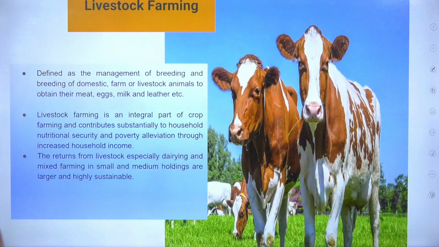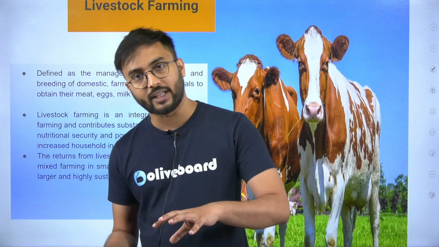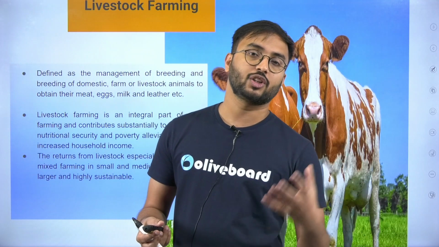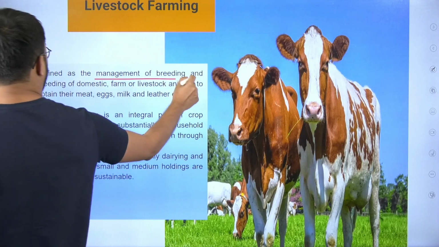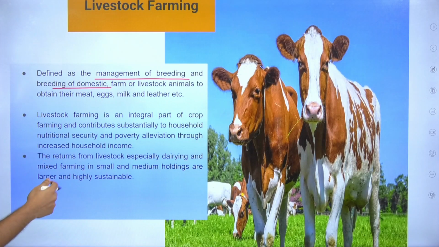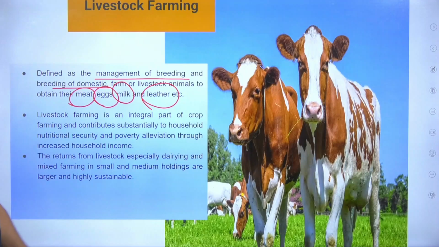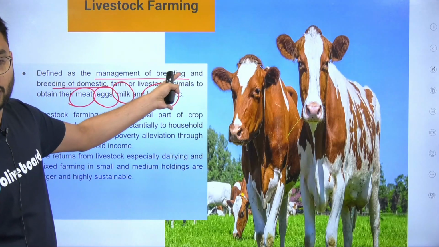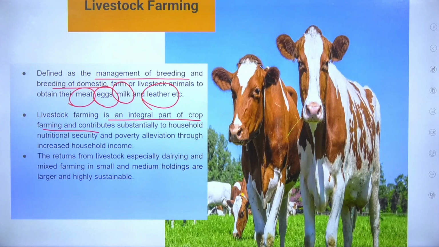Then comes livestock farming. When you are doing agricultural cultivation, and along with it you are also doing animal husbandry, domesticating animals, such type of agricultural activity which involves domestication of animals is called livestock farming. It is defined as management of breeding of domestic farm or livestock animals to obtain their meat, eggs, milk, leather, that is, overall animal husbandry products along with agricultural cropping. It is an integral part of crop farming and contributes substantially to household nutritional security, poverty alleviation